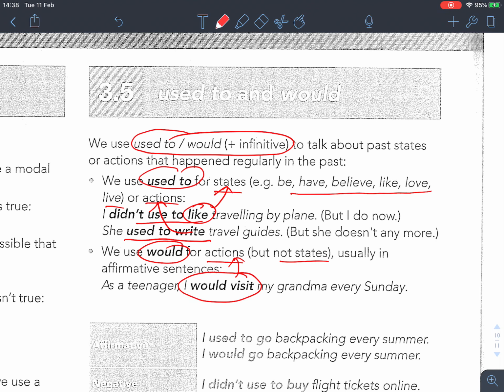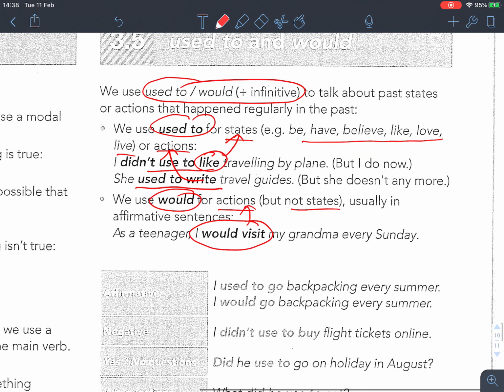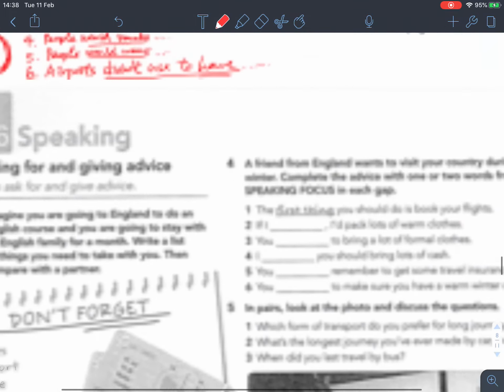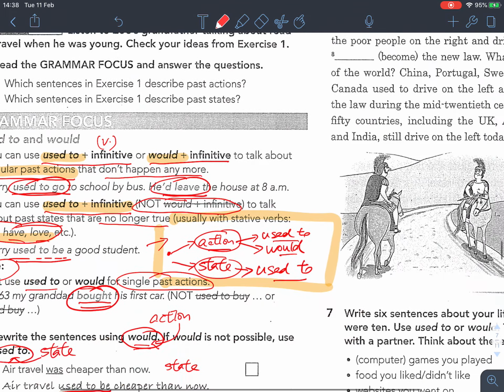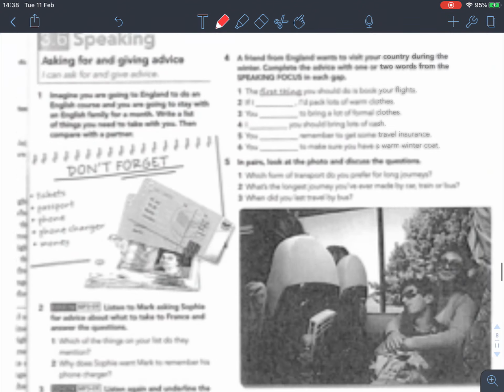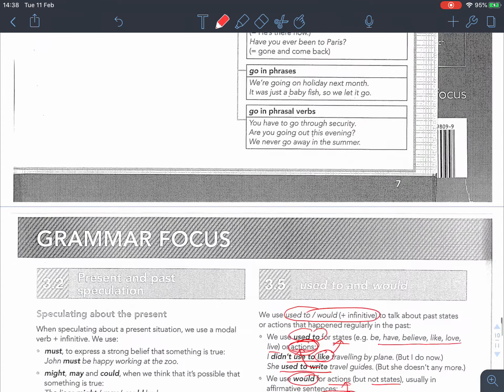Okay, I would visit. So here, of course, we can also use "used to visit." Why? Because we can use "used to" for actions, remember. So if it is not clear, you just look at the diagram we just drew here. Okay, look at this diagram, then it should be clearer. So we look at the sentence